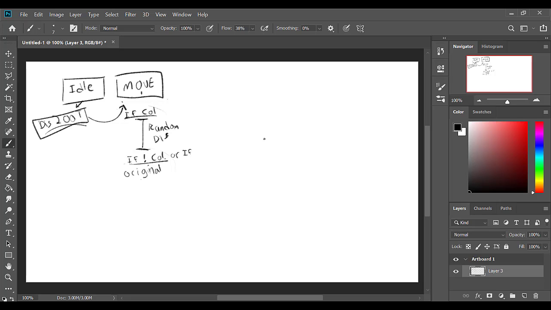So write it in your notes so you know what to say. Or if speed equals 0, then return to its original space. So then if it hits the edge, it'll go back to its original space. That we have something happening here. But we don't want just that. We want it to switch to another state. So we need another state to change into. And this state,